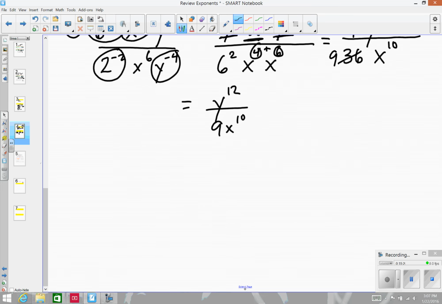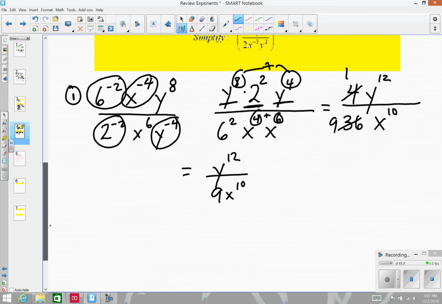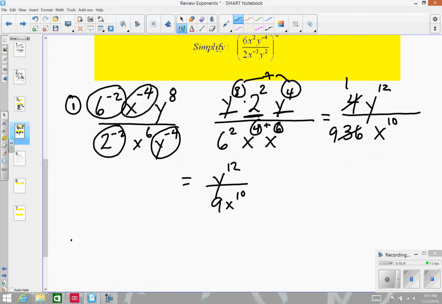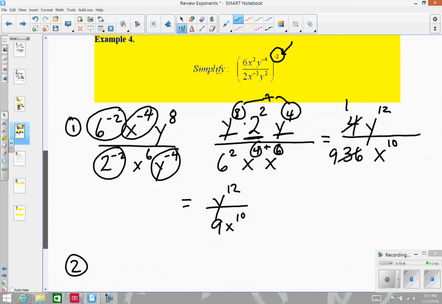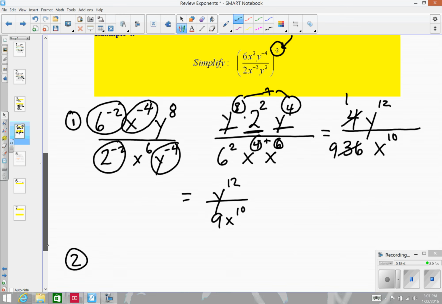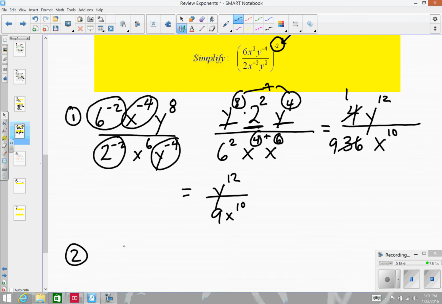Okay, so that's one way we could have done that problem. Let's see what happens if I do that second method. Let's say what I really want to do first is not have to deal with a negative exponent there. I know that I can switch things from numerators to denominators. So I'm going to switch those, and then I'm going to make my exponent a positive 2 instead of a negative 2. So rewriting that, everything that's in the denominator, just the way it is, I'm going to move to